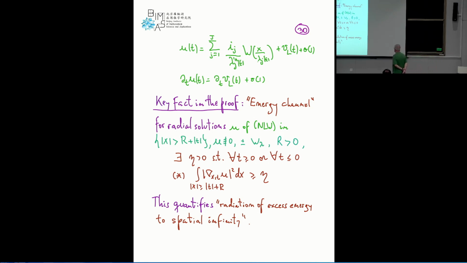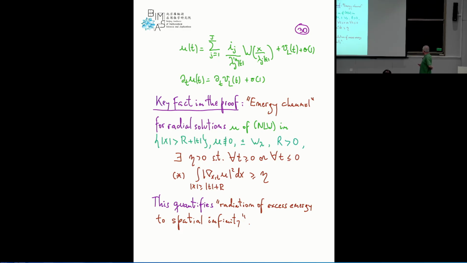Okay, so I'm not going to give you the proof of this. That would be a killer. We'd be here until midnight. But let me just tell you one key fact in the proof. And this is what we call energy channels. So for radial solutions of the nonlinear wave equation, outside an enlarged light cone, there are two possibilities. Well, 0, that's not very interesting. You have plus or minus a rescaled static solution,